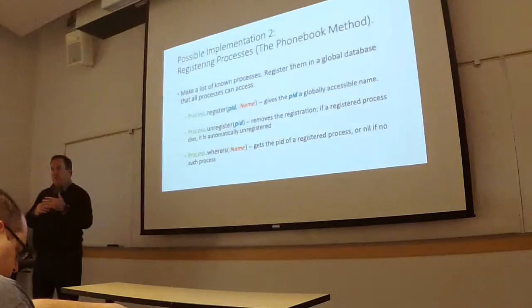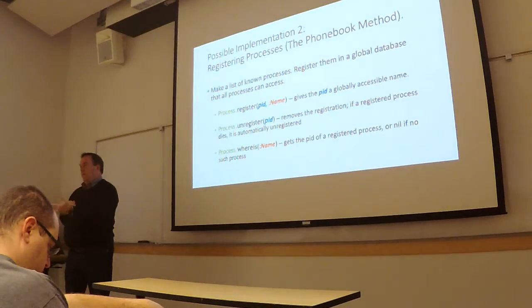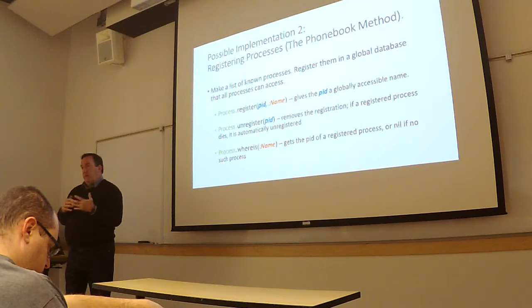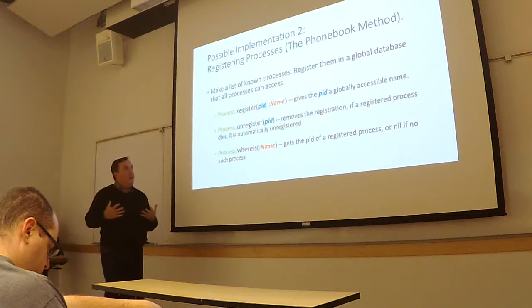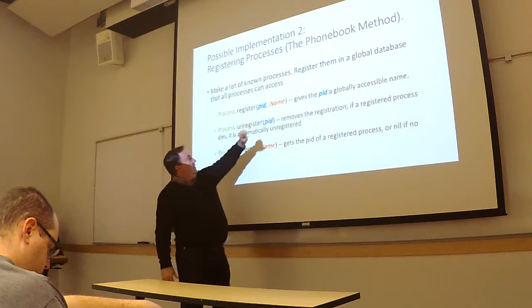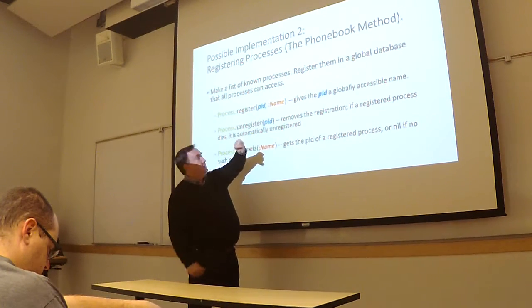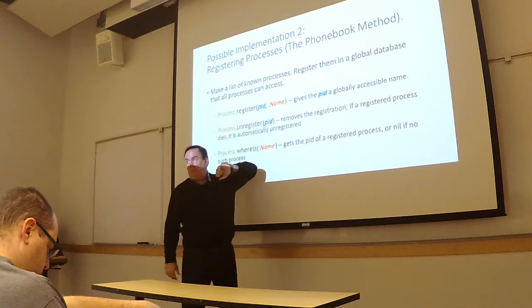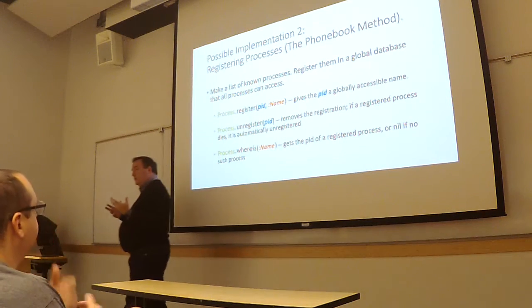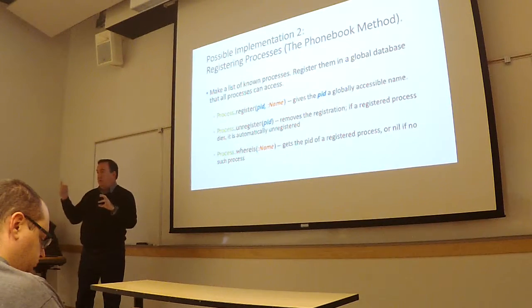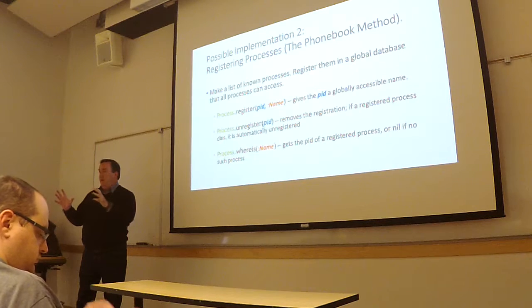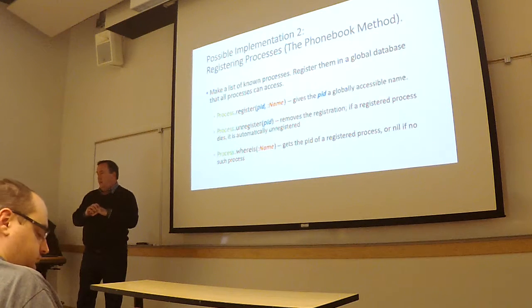processes. We saw it before for seeing if something's alive. We saw it for monitoring. It also can maintain a phone book, a registry. So when a process spins up, it can actually say, hey, register my process ID, which it can get with self, by this name. Now, the process can do it as part of its own initialization. Whoever spawned the process and got that process ID back can do it as well. Somebody then just simply says, we'll refer to processes now by name instead of just some number.